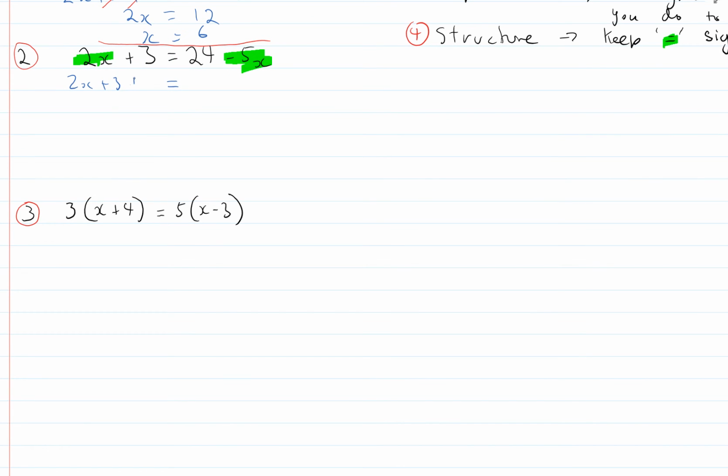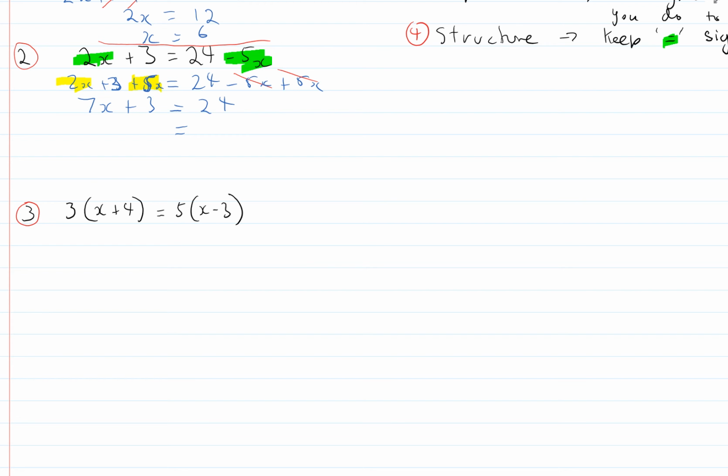2x plus 3 plus 5x, and 24 minus 5x plus 5x, equals, still underneath each other. These guys cancel out, and I'm just left with 24, and then I've got 2x plus 5x, collecting like terms. I've got 7x's plus 3 equals 24, and then